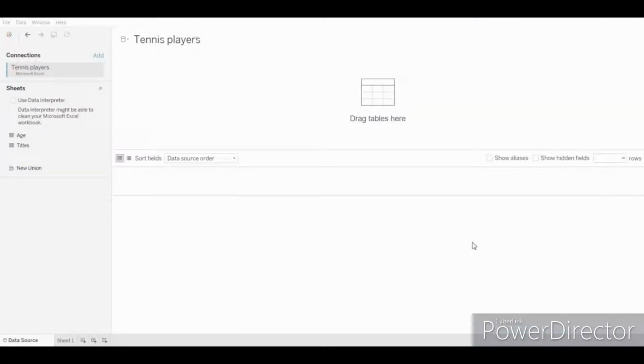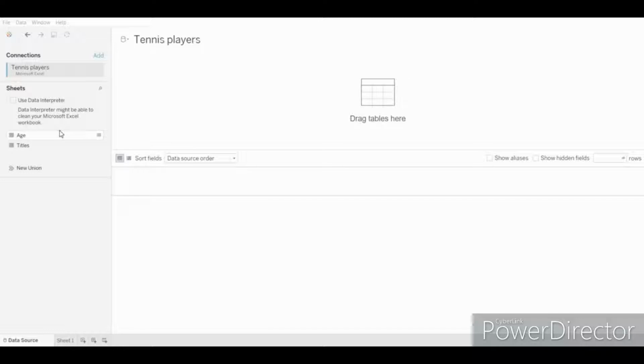In this tutorial, we're going to learn about data joining. Data joining is a very common requirement in any data analysis. You may need to join data from multiple sources or join data from different tables in a single source. Tableau provides the feature to join the table by using the data pane.